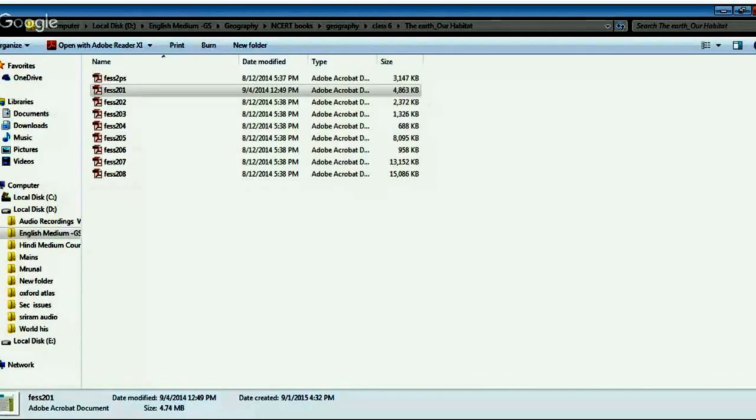Now if you see the objective answers, the planet known as our twin is Venus, and the third nearest planet to the Sun is Earth. All the planets move around the Sun in an elongated path. See, this is not a circular path. This is actually an elliptical path, and according to this chapter, it is an elongated path. See, the Pole Star indicates the direction to the north, and asteroids are found between the orbits of Mars and Jupiter.